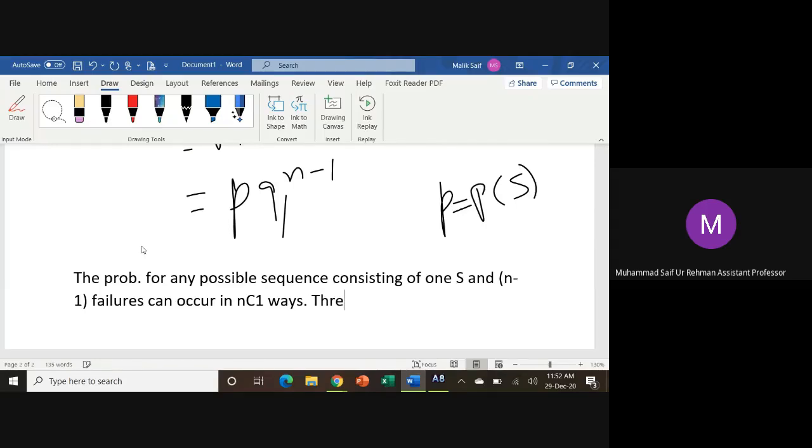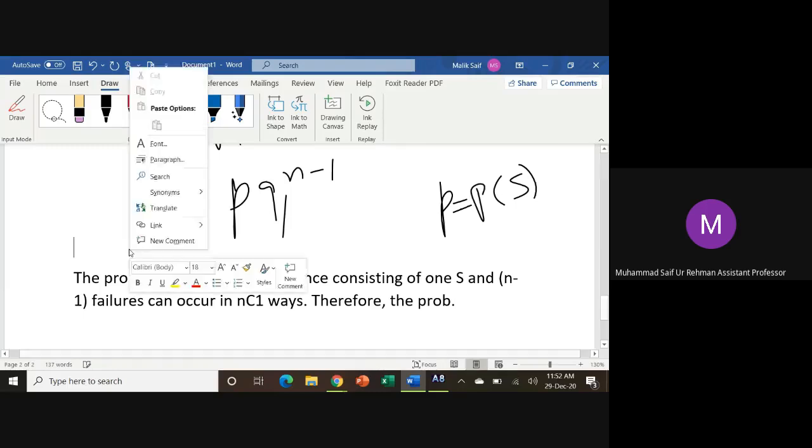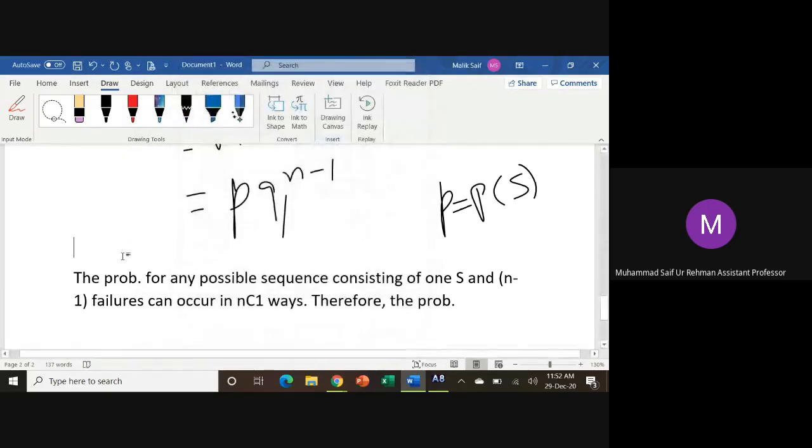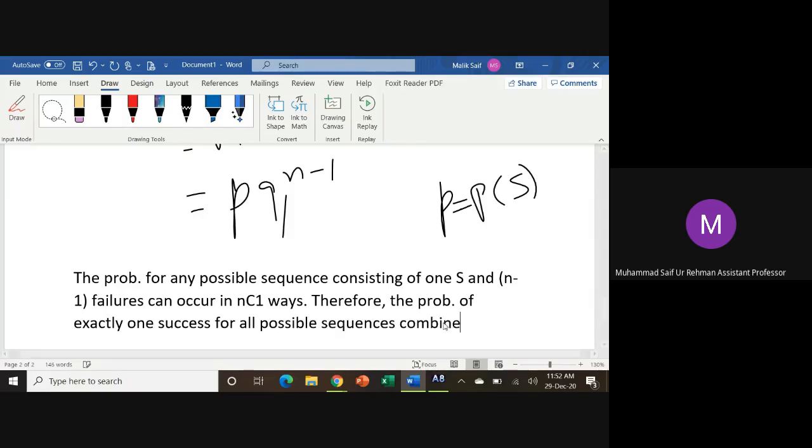Therefore, the probability of exactly one success for all possible sequences combined is